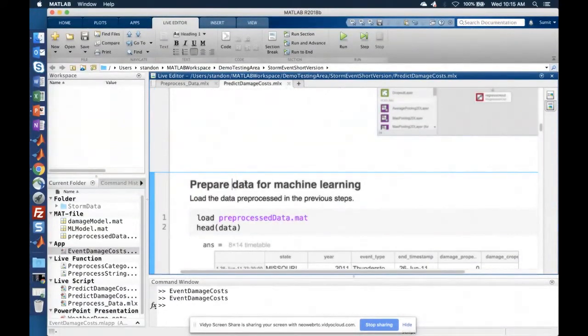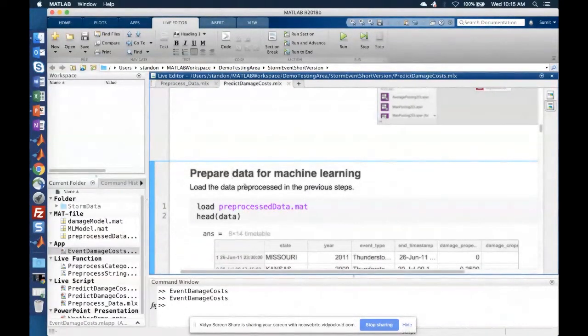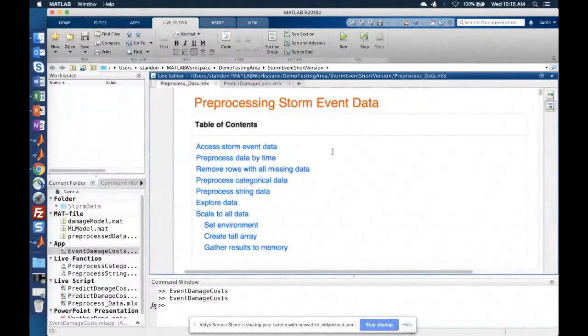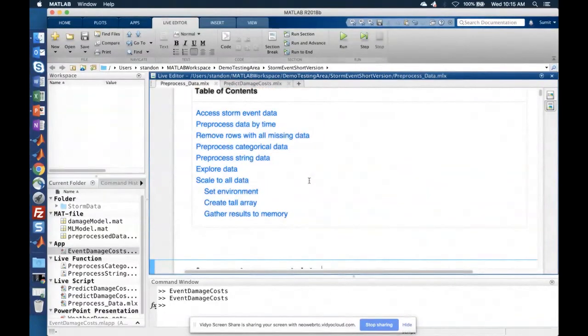So the first step of the data analysis process is to get a hold of the data and then clean it up before I can develop a mathematical model. I have another script here called Preprocessing Data, in which I have captured the pre-processing steps. I'll step through this real quick and highlight some of the key things.